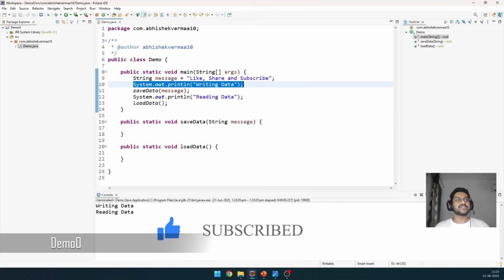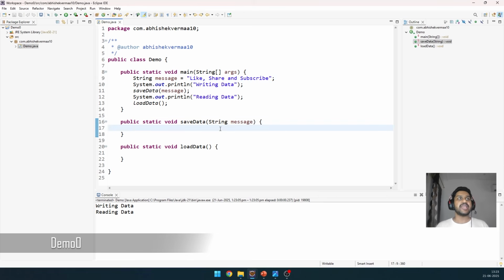Now the question is how we are going to read and write the data. So here comes the usage of files. Let's see how to perform it with the help of files. Again, I'm not going into detail on that because it is not the main topic of this video. The main topic is serialization, but this is just a brief prerequisite. So since we need to work with files, here we are going to say file,